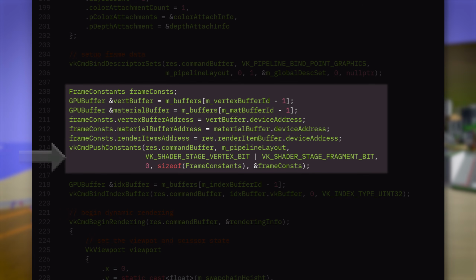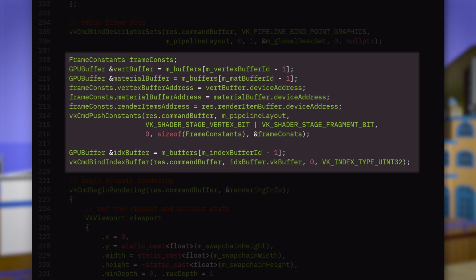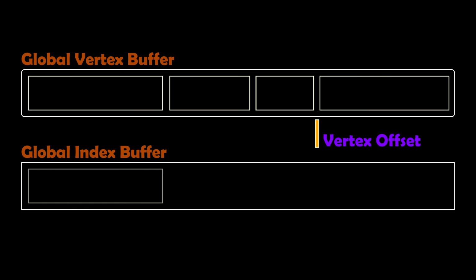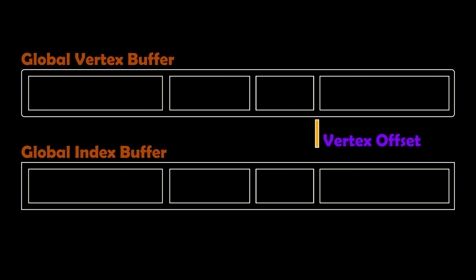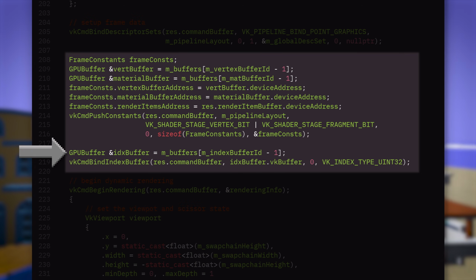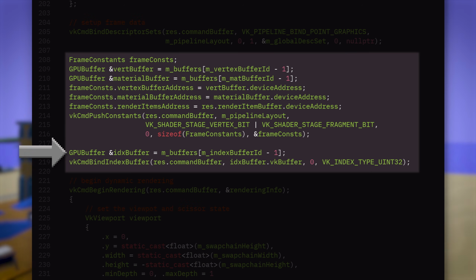The last bit of data that we need to provide here is the global index buffer. As you saw, each draw command specifies a range of indices that make up the submesh we want to draw. In order for the indices to be available to the draw commands, we need to record a command that will bind the global index buffer prior to executing the draw commands. We first retrieve a reference to the global index buffer using its cached ID, and then record a command to bind it. This is done with the